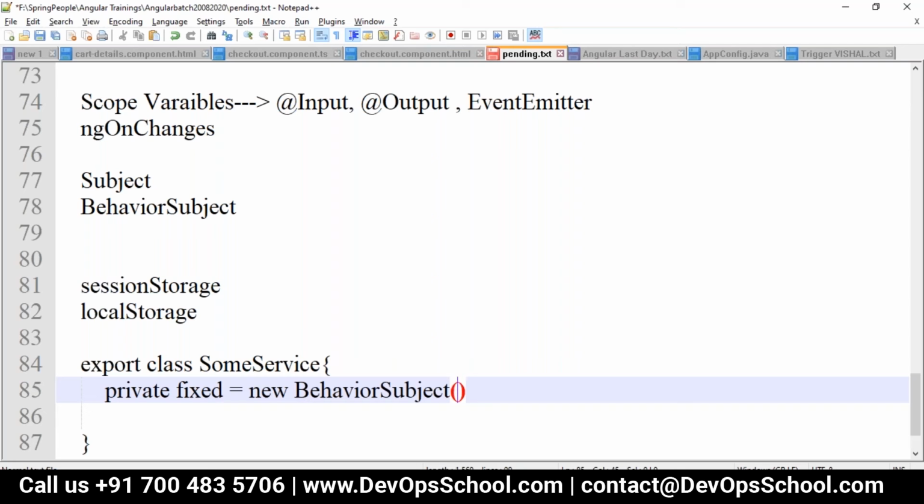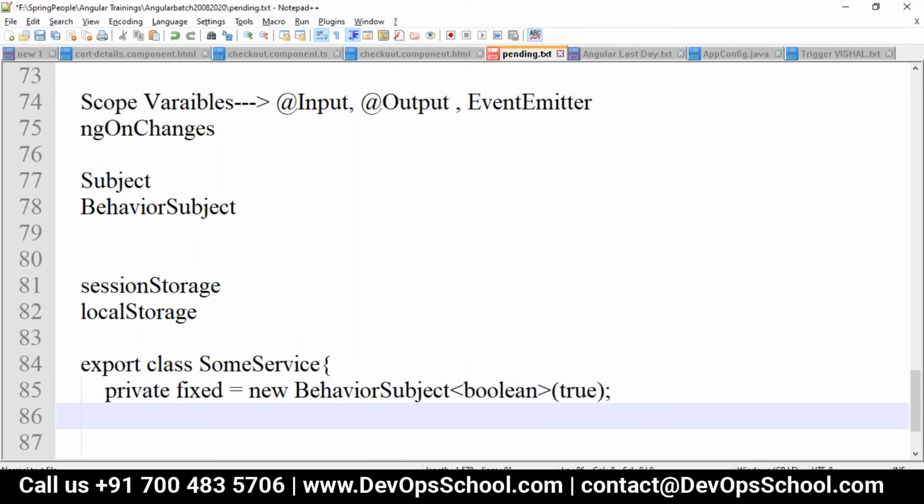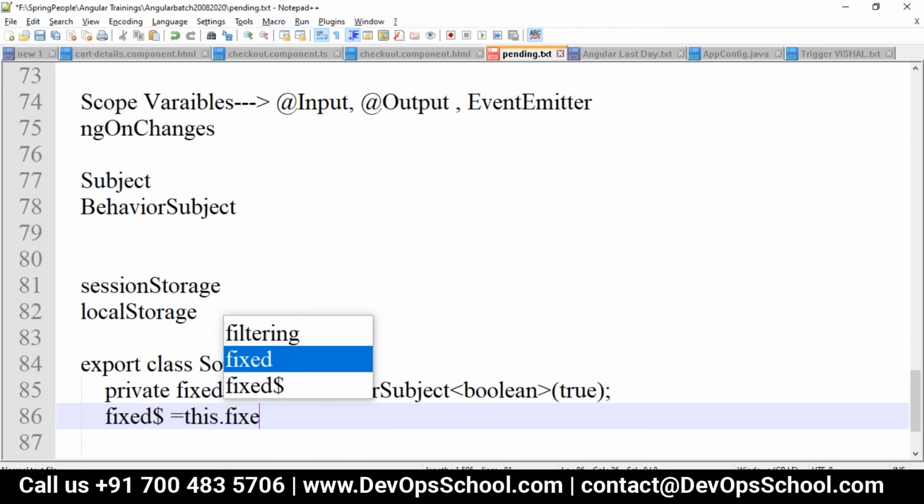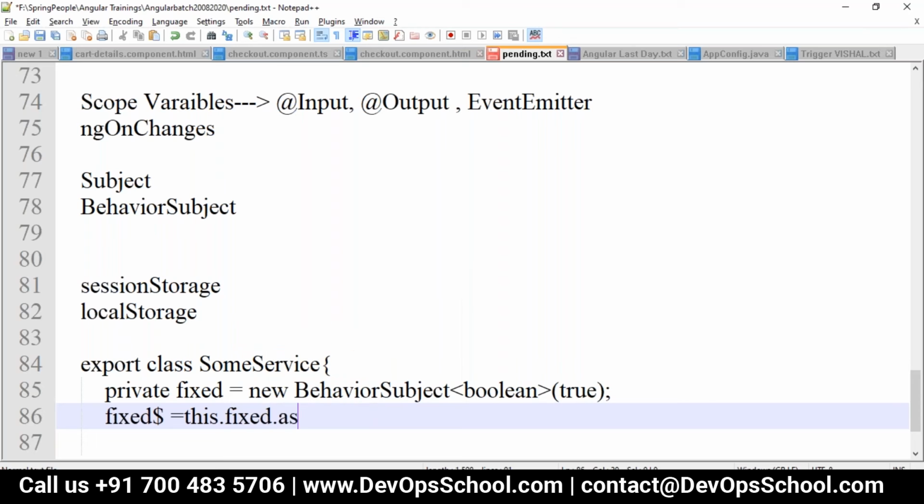I want to give a boolean value, so it will take a generic, that is what value we want to pass, boolean, and I'll pass here that fixed is true. Where I want to give the value for fixed, with the changed value, we represent behavior subjects with the dollar sign, so isFixed$ equals this.fixed, as we want to give it as an observable, so asObservable.